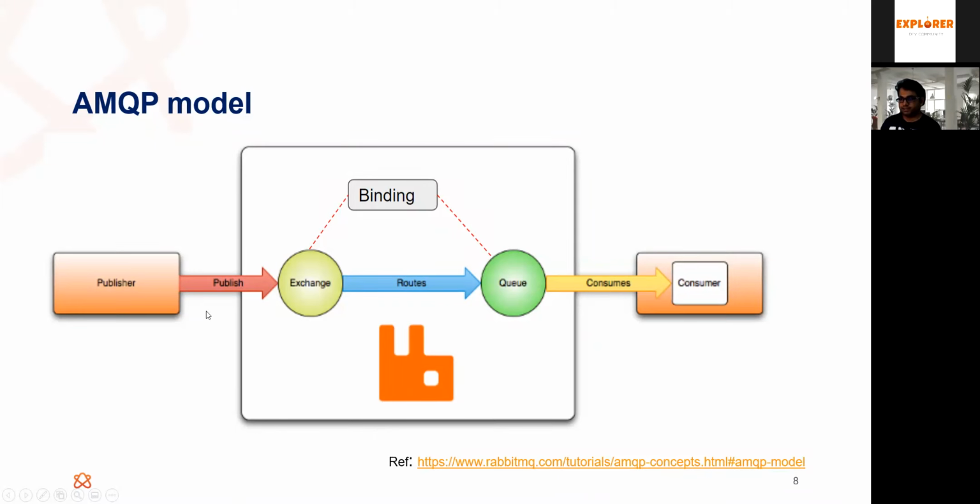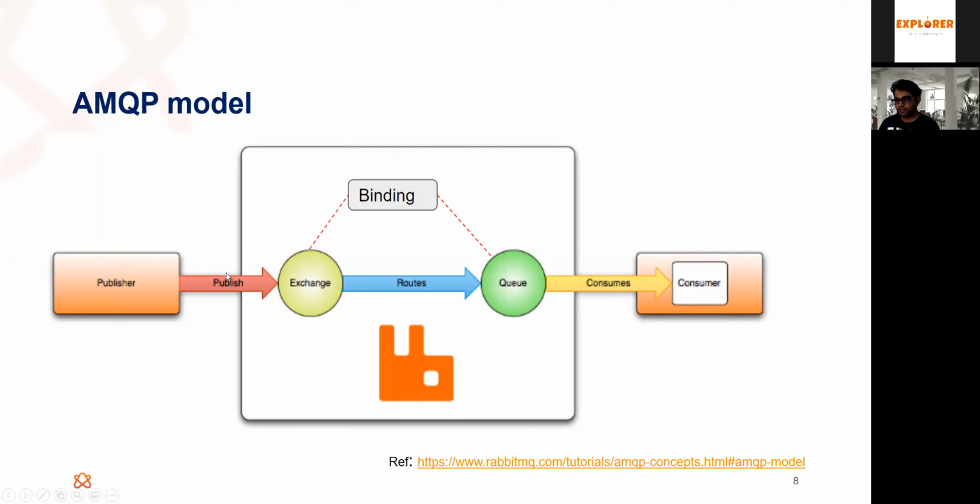A publisher sends a message, and there is a thing called an exchange, and another thing called a queue. The original diagram doesn't have this part, but it is a very important one: the binding. So there are three major concepts: exchange, queue, and binding. We have to know how these three behave. Then we can publish a message and a consumer can consume it.